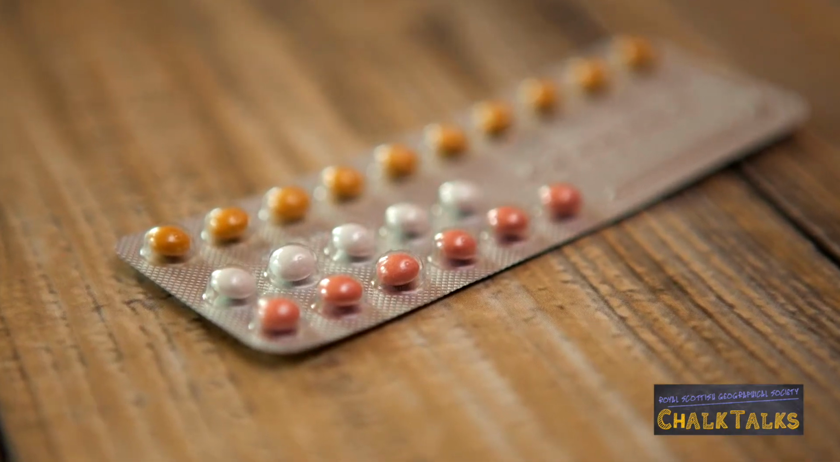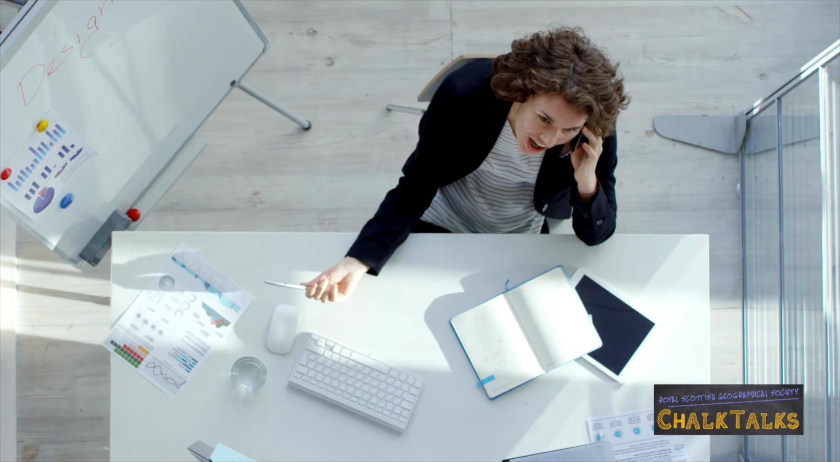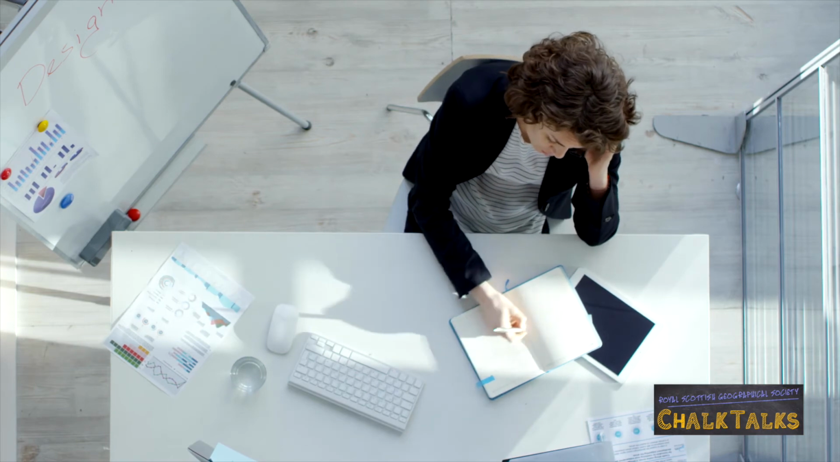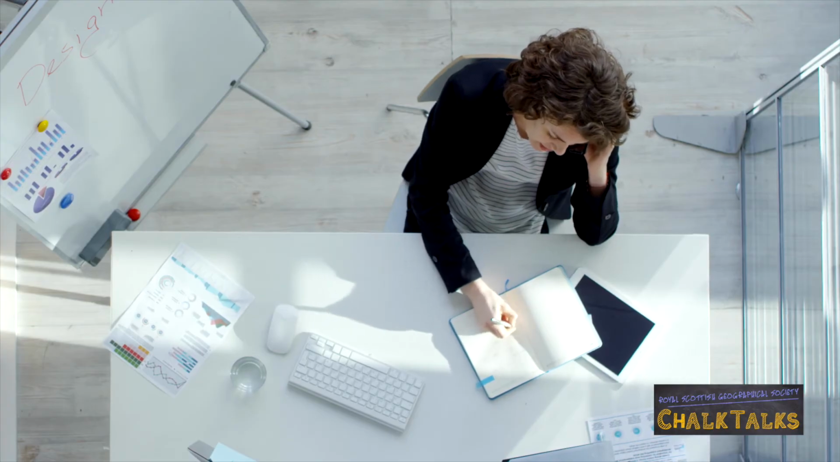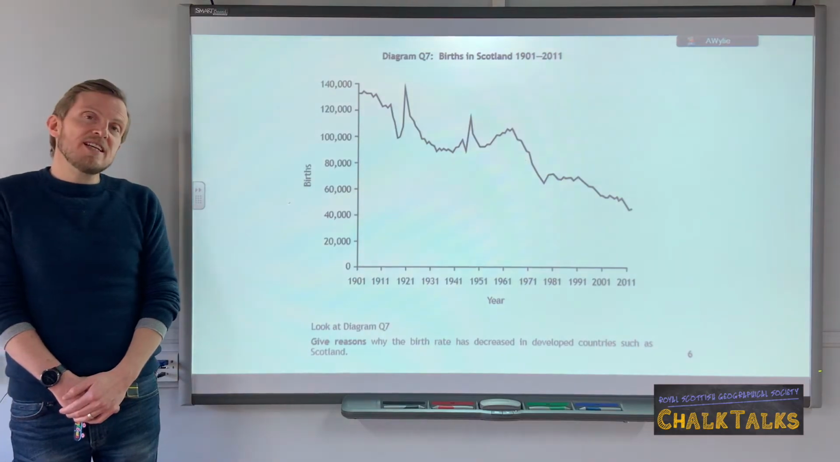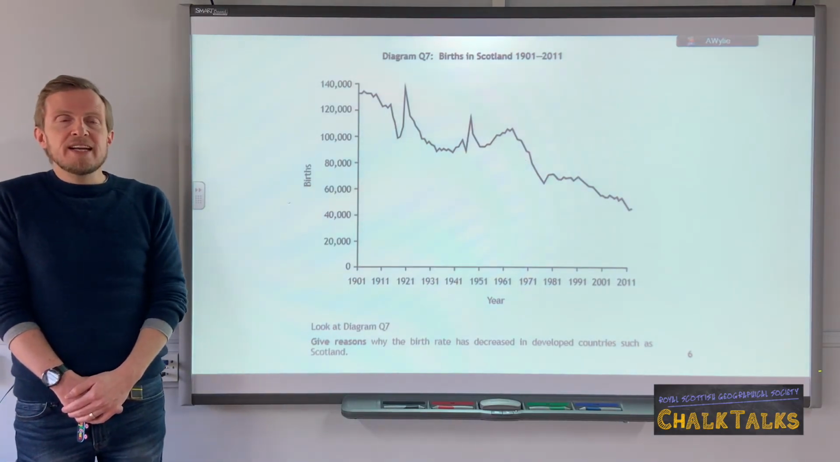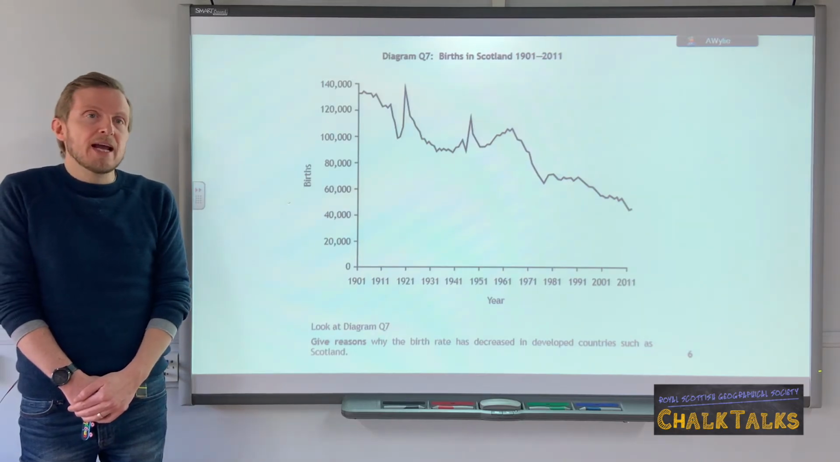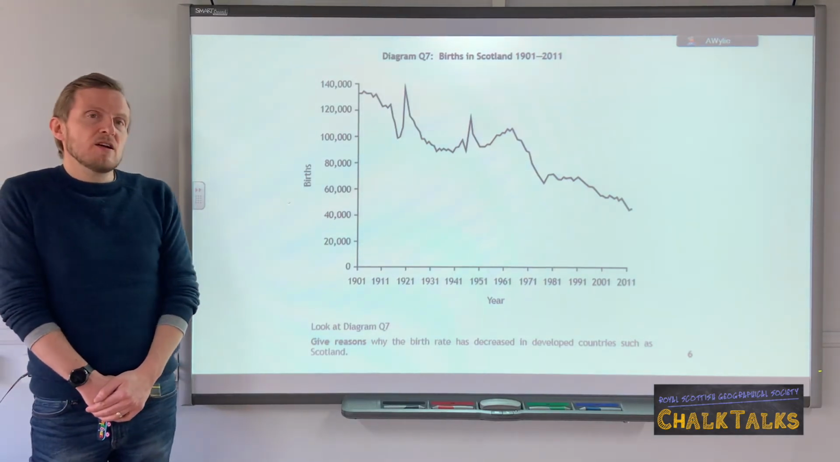We might also look at the fact that more women are entering the workplace, especially since the 1960s, which means that they're pursuing careers and less likely to be having children. Another factor in this decrease is the fact that children are no longer seen as an economic asset. They're no longer needed to create wealth for their family or work on farms, and therefore families don't require so